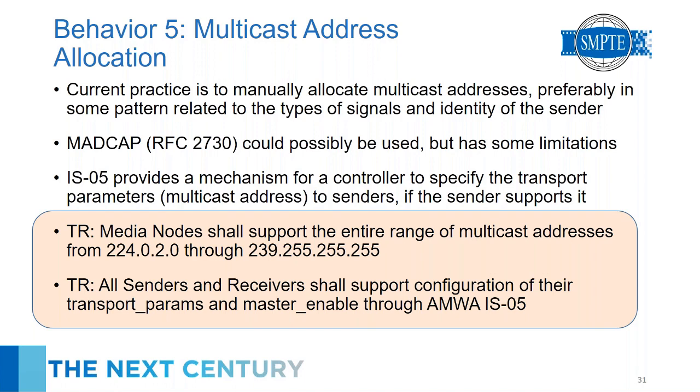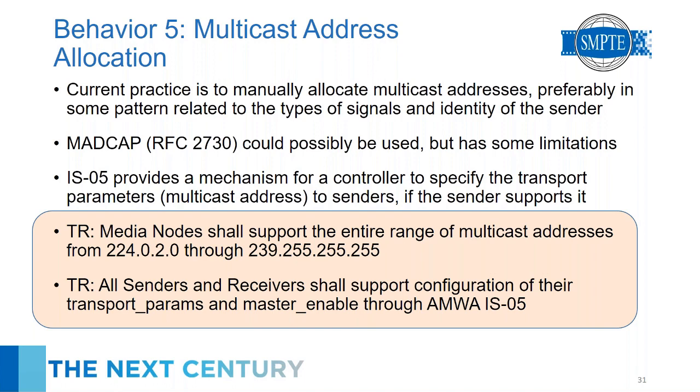Now, this first bullet there about supporting the whole range of multicast addresses really gets to another problem we were seeing as we rolled out more implementations of 2110. And that was that different vendors of video and audio equipment were making different assumptions about, they could just use 239 dot whatever addresses or just use some other range of addresses. And we were starting to see potential incompatibilities where you couldn't pick an address pattern that was actually usable by everybody. And these were all kind of arbitrary distinctions. They weren't really driven by a technical need. They were driven by some other non-technical kind of thought process.